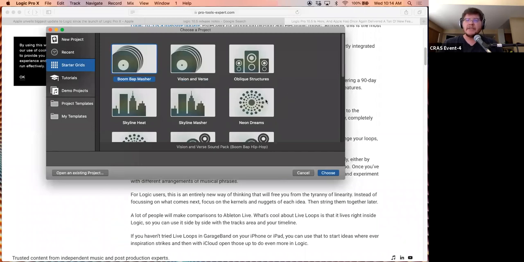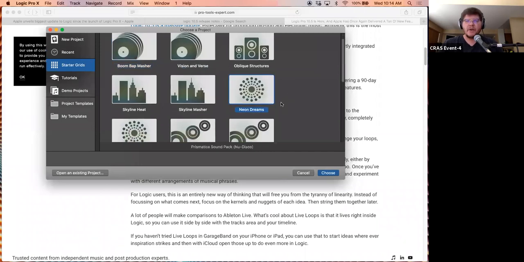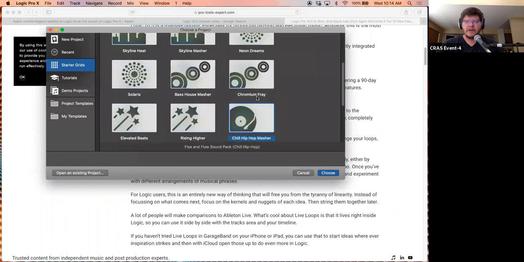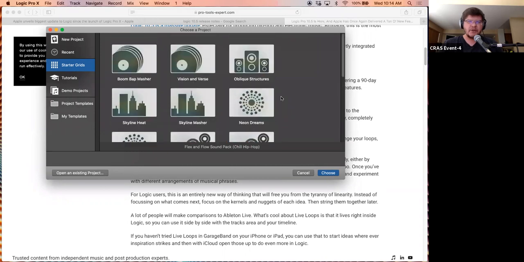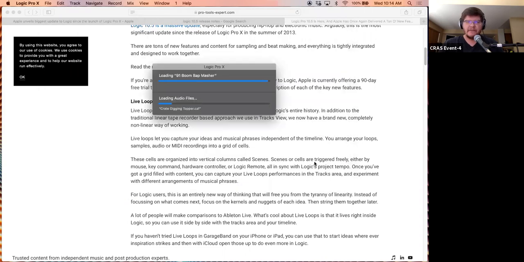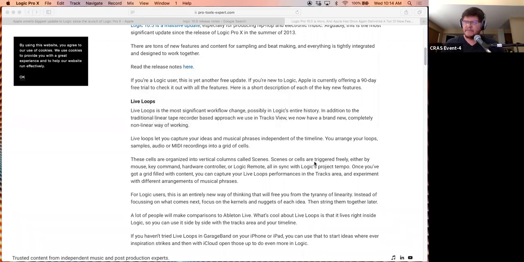A lot of these, if we click on them, will require, let me see, I downloaded a couple of them, but if you clicked and you saw a little arrow, that means you have to download additional content. The one that I used yesterday was Oblique Structures. Let me see, we'll do Boom Bap Masher. Let's just see what happens there. I just want to show you, maybe spend 20, 30 minutes on live loops. So this is a pretty fascinating thing. This is right off the bat the closest thing to Ableton that I've seen outside of Ableton. That might seem like a weird statement, but